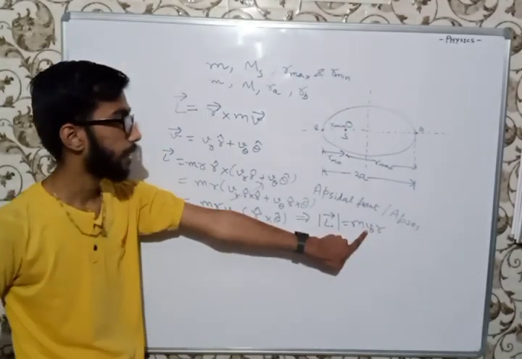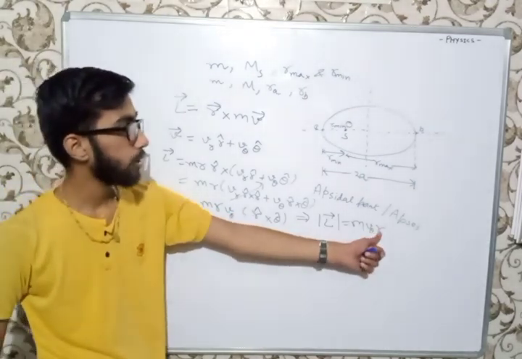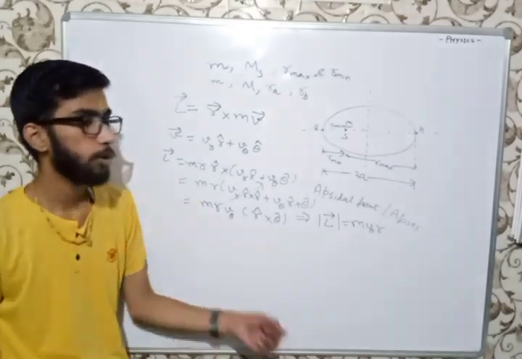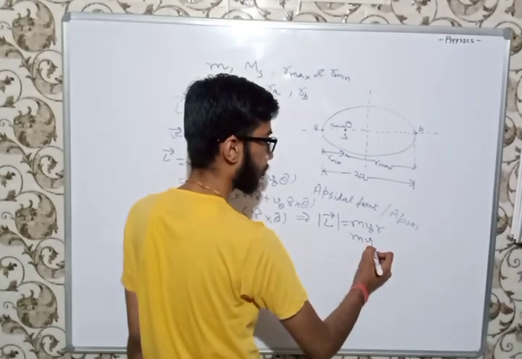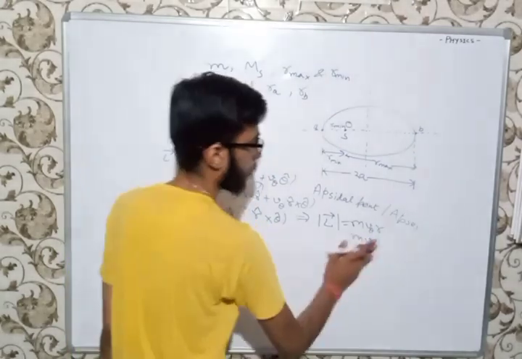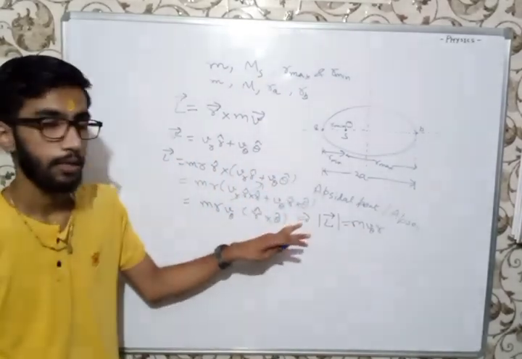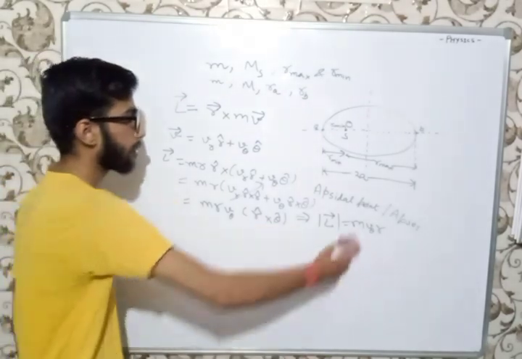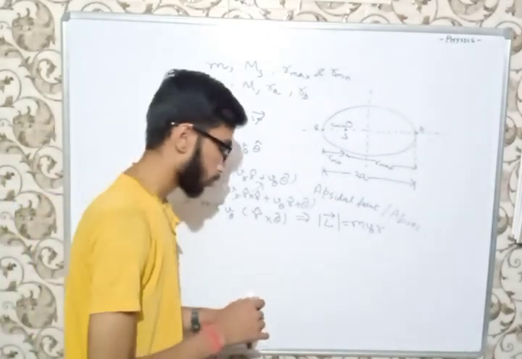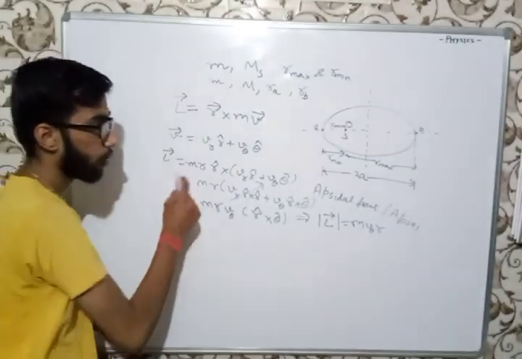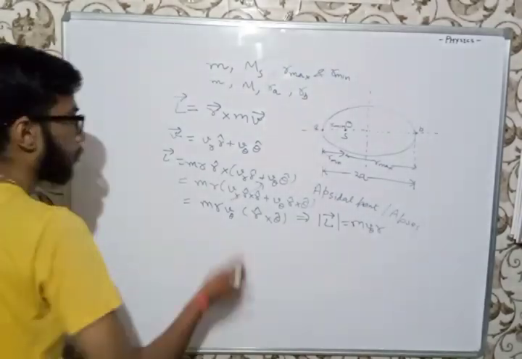v_theta is called the transverse component of the velocity, meaning the velocity perpendicular to the radius vector or position vector. That's why we often write it as v perpendicular into r, just by definition. However, if there is an azimuthal component of velocity, then there will be some additional term for it as well. So I want to mention that the angular momentum is not 0, as someone was commenting on my video. Now let's come to the point.